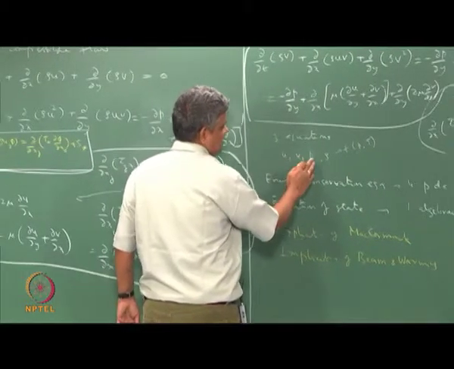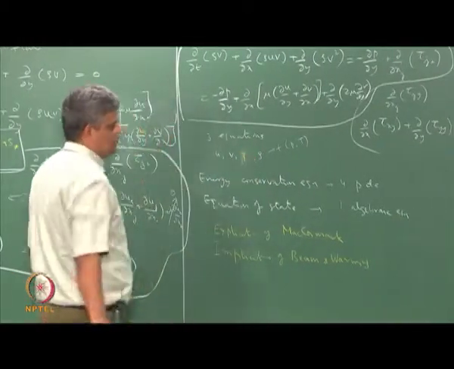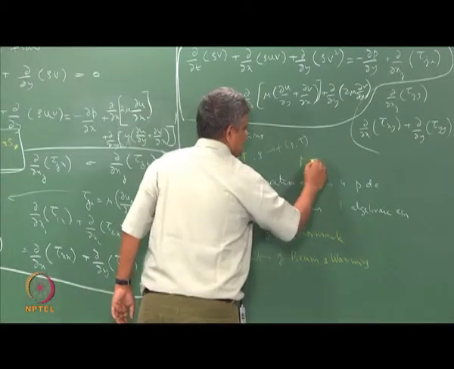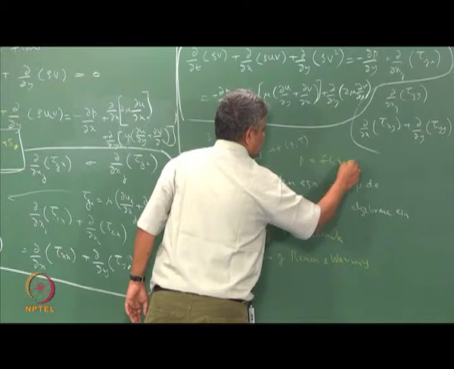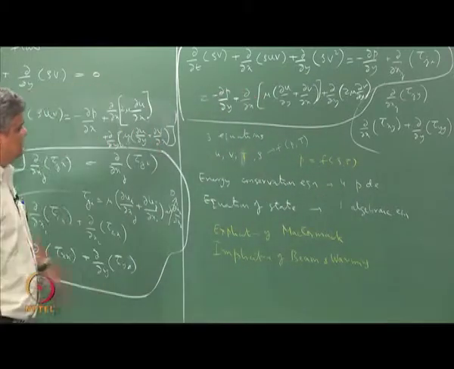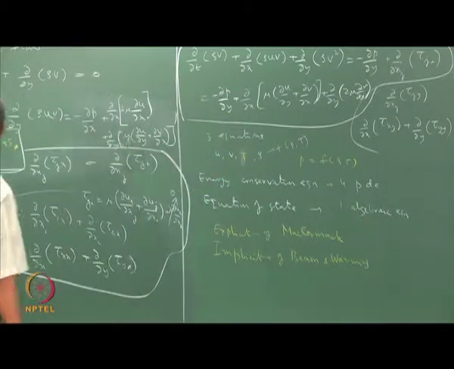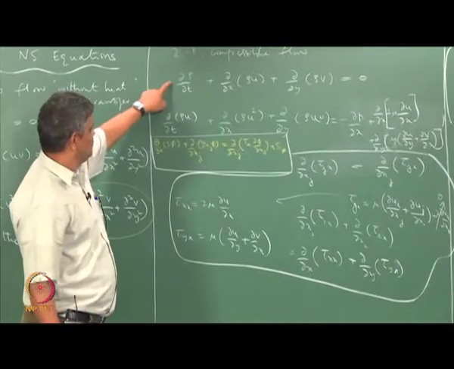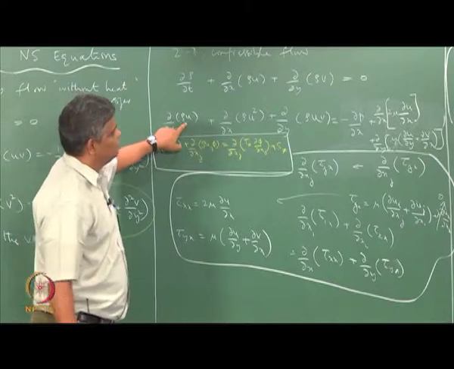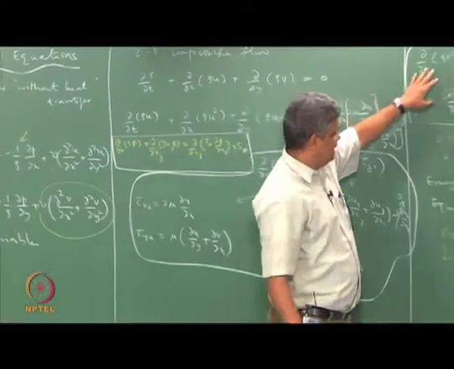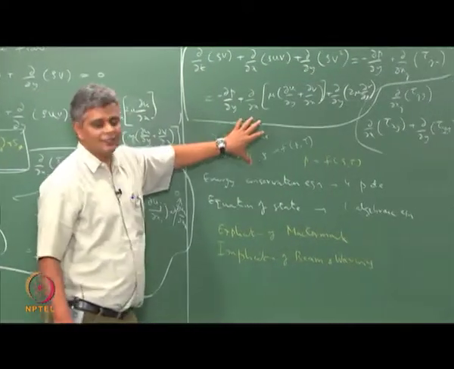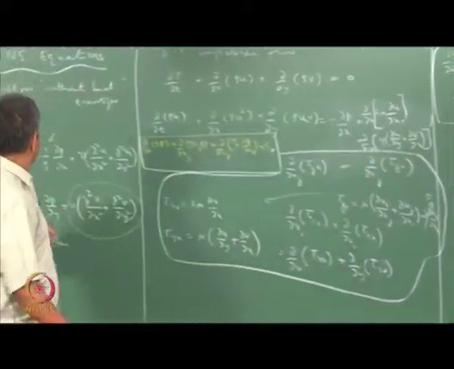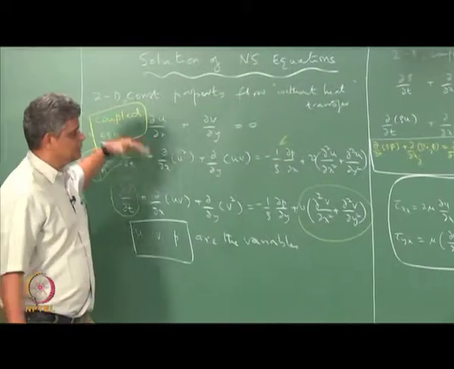Whereas here, if you consider rho, u, v and t as the four primary variables, and p being given as a function of rho and temperature from the equation of state, then you have four equations, and you have one equation for each of these. This is an equation for rho, this is an equation for u, and this is an equation for v, and the energy conservation equation is an equation for t. So that kind of interpretation is possible, and it is not possible in this case. We have to do something more.